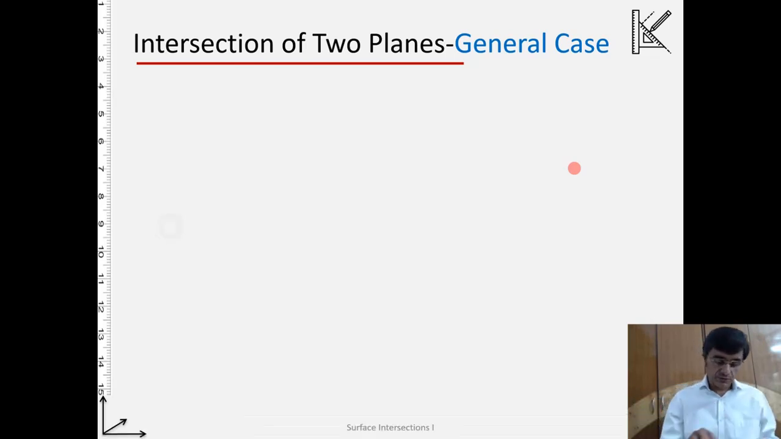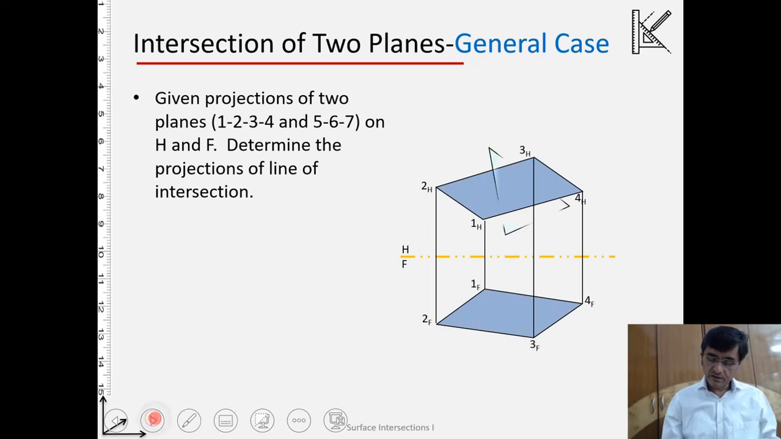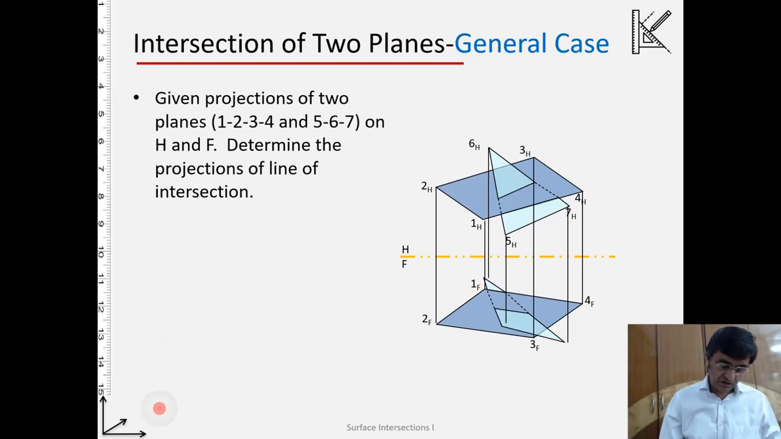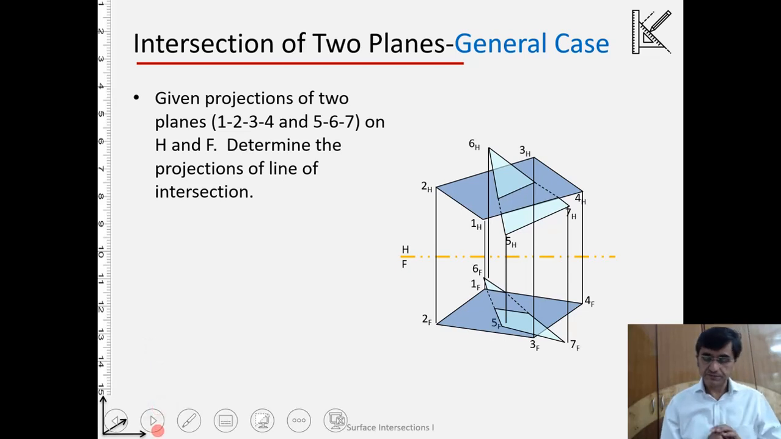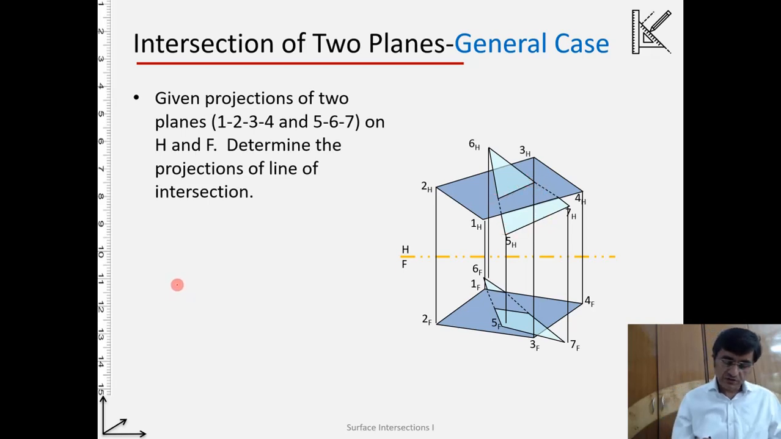That is what we have to do. I will show you this by one example. Let there be a plane 1 2 3 4 and another plane which is 5 6 7. Their projections are given to us like this. Again, don't get confused by the extra lines here. What is actually given to you is